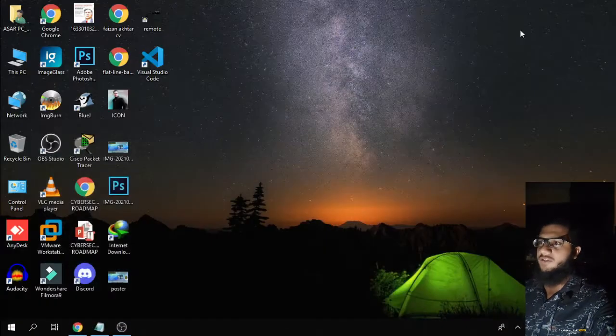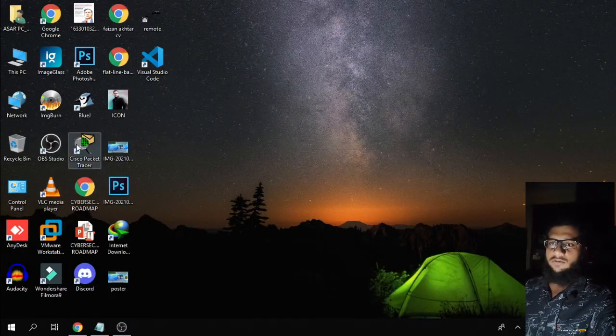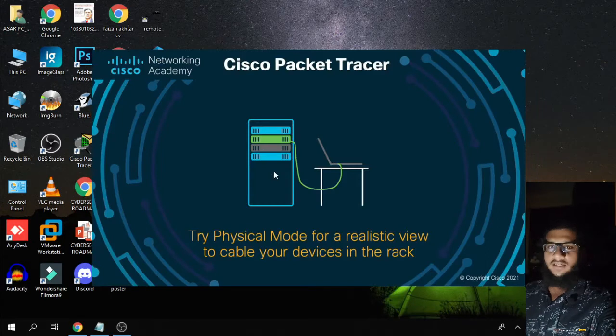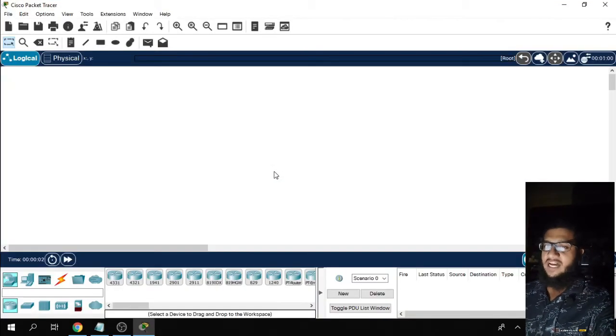I hope you will understand the video regarding this VLAN configuration. So come on, let's move into the configuration. I am opening Packet Tracer here. After opening Packet Tracer, I have to take one switch and connect some computers with it, and then I'll show you how to configure the VLANs. I'm taking one switch of the 2960 series and keeping it here.